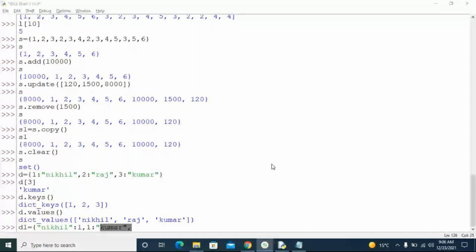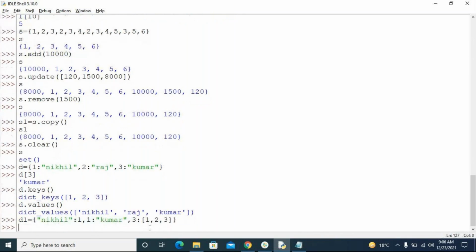Some disturbance outside. Okay, so who has just joined? What I'm trying to say is, key can be of only immutable data type, value can be any data type. You can use a dictionary also. See, if I say 3, then I can pass a list also. So you just need to remember everything, please. Okay, the basic fundamentals.